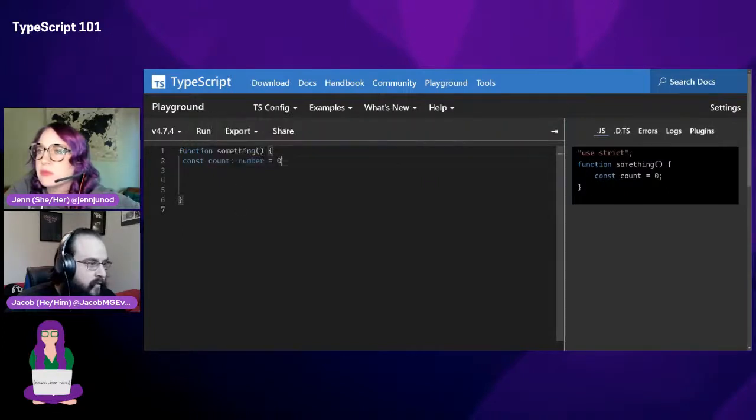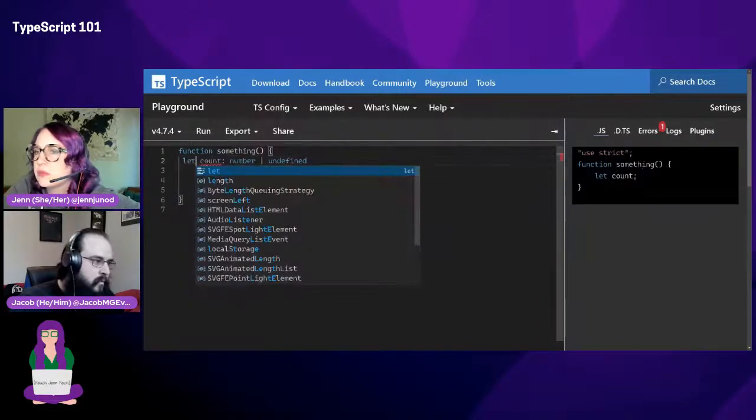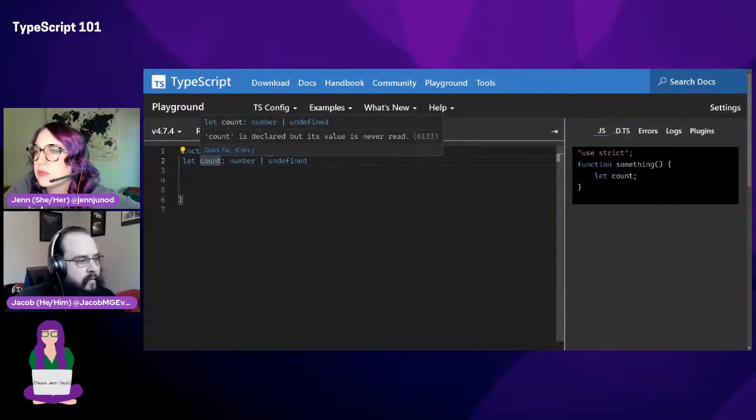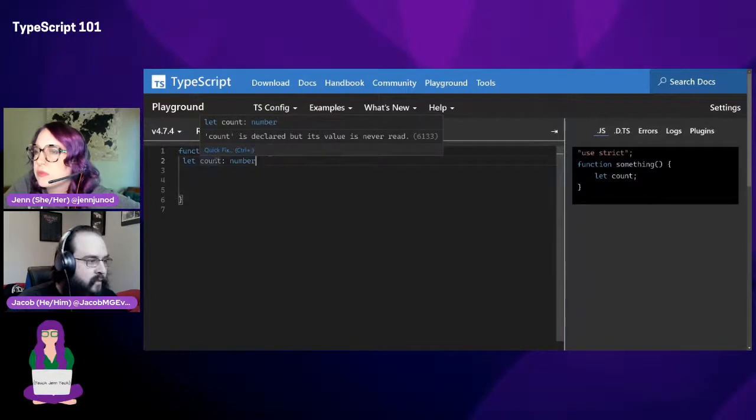Okay, so if I don't assign this, right, I've now changed what this could be. I could also, I think, omit this and it'll still infer that. No, it doesn't.